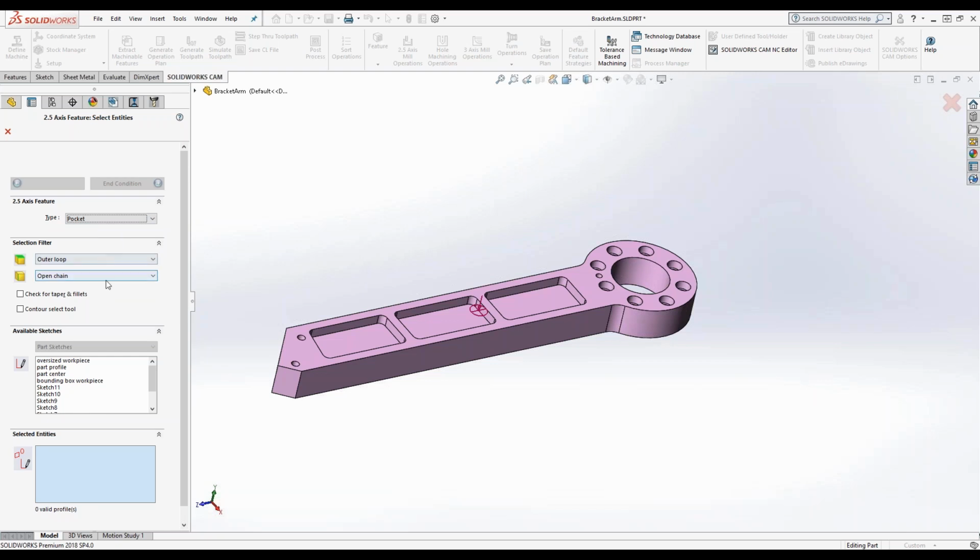We then have some options for how we can select the geometry. I find pockets are super easy. You can, for the most part, click on the bottom face of the pocket. It's going to grab the pocket, and then when we go to the end condition here in the next step,